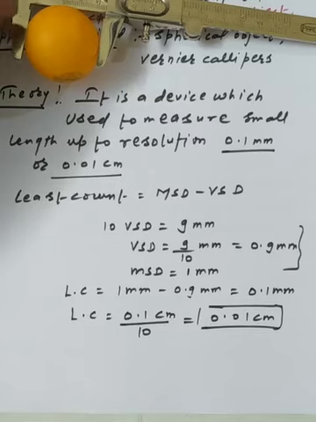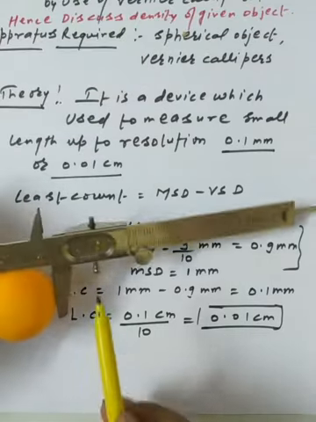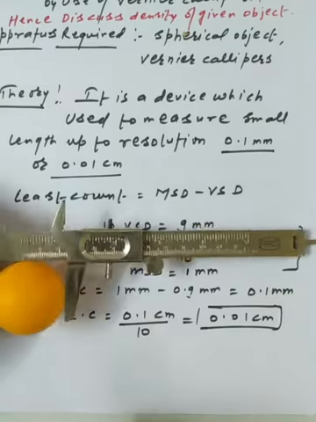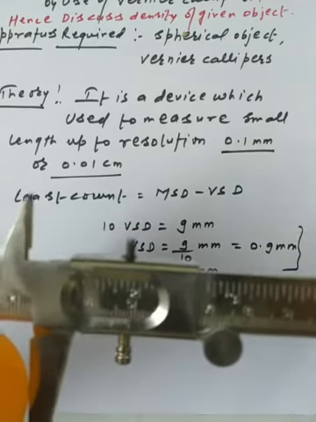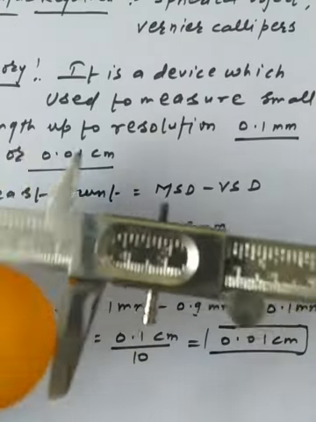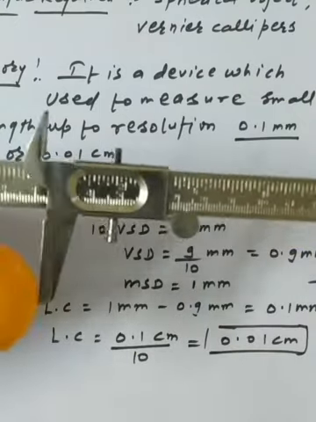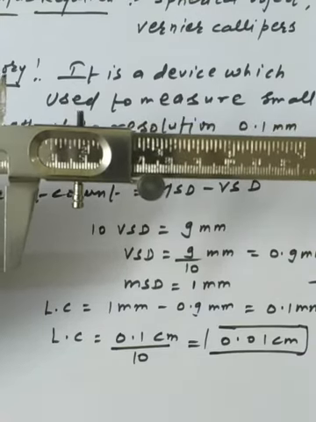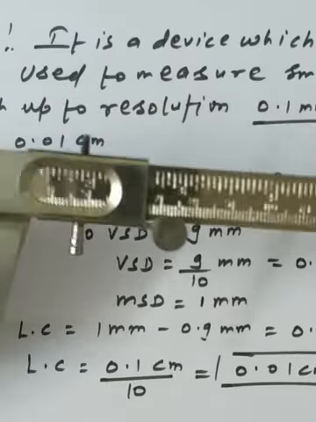In the last lecture I stated that this is the vernier scale we have. On the vernier scale we have about